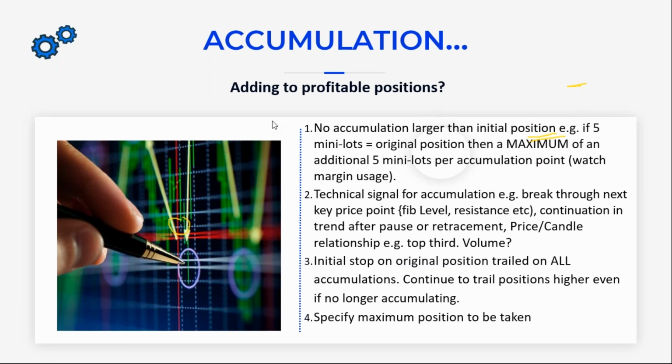So we have a few rules about this as a subsystem. If you're accumulating, we need a reason to accumulate, such as a breakthrough next key level, or continuation in trend after pause or retracement. So we still want top third, increased volume. Okay, and what we do is we accumulate with no more than our original position, and then trail everything up together. So if we had 3 positions, let's say we had